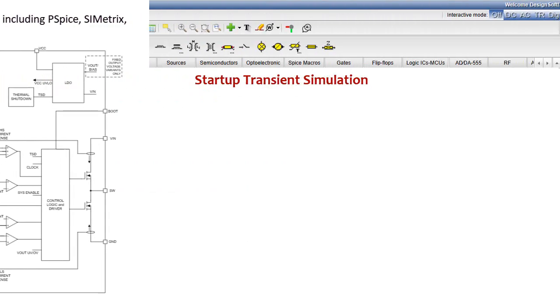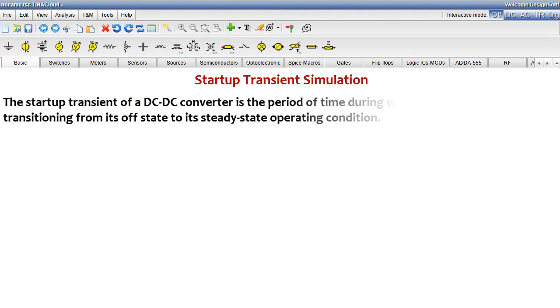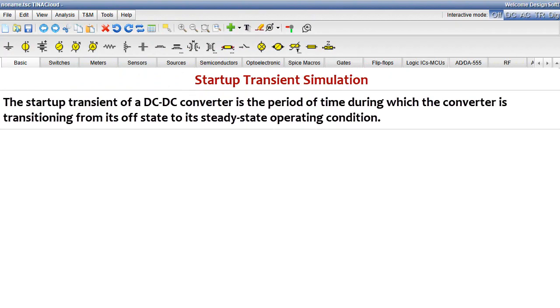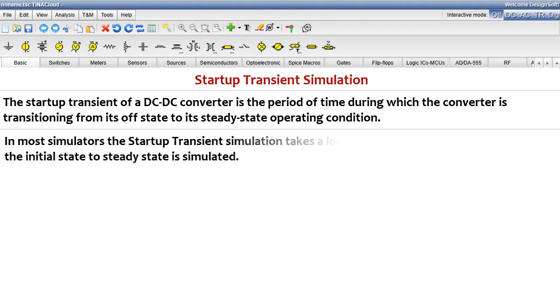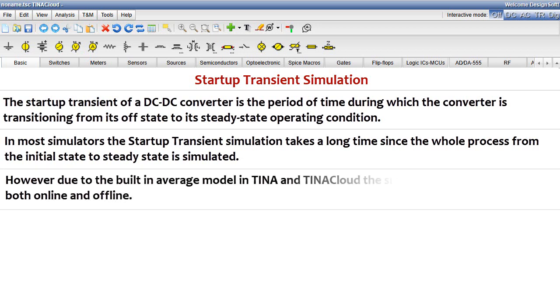more. Startup Transient Simulation. The startup transient of a DC-DC converter is the period of time during which the converter is transitioning from its off state to its steady-state operating condition. In most simulators, the startup transient simulation takes a long time, since the whole process from the initial state to steady state is simulated. However, due to the built-in average model in TINA and TINACloud, the simulation takes only seconds